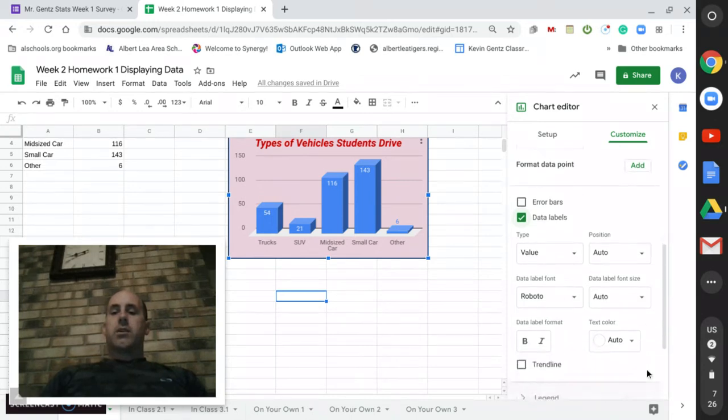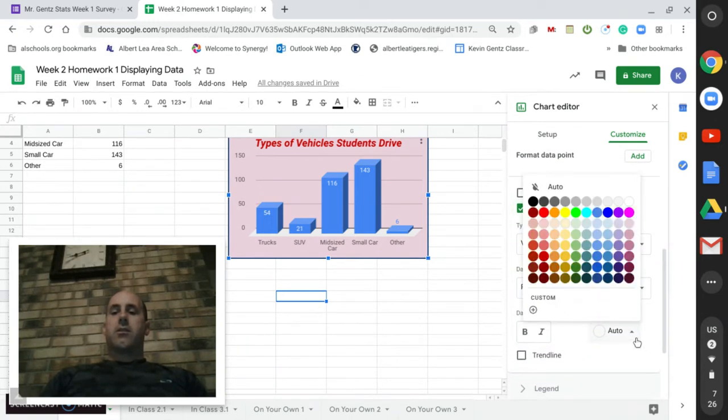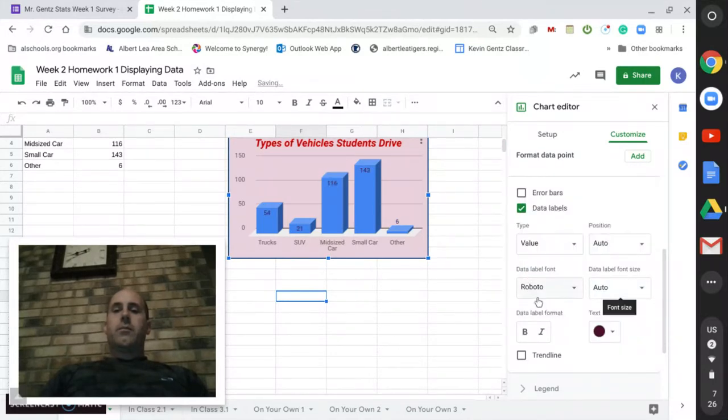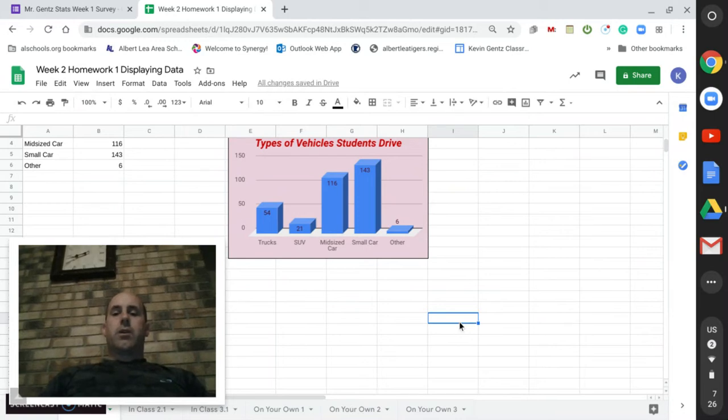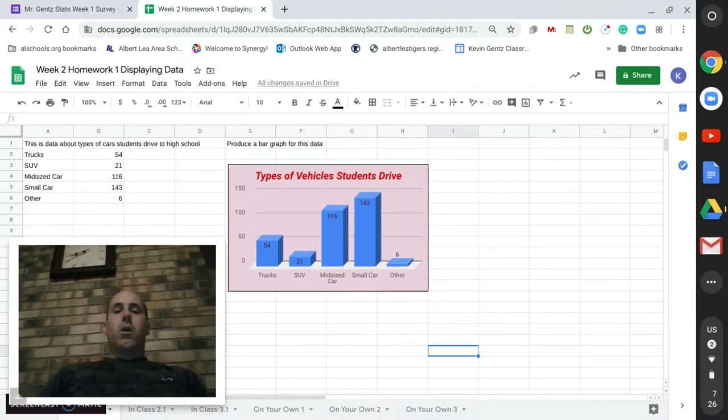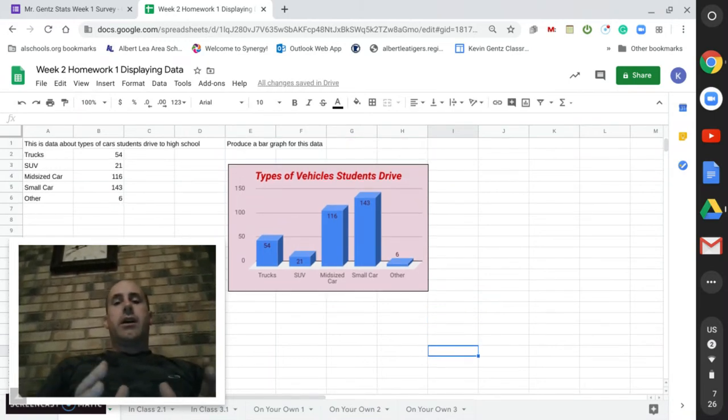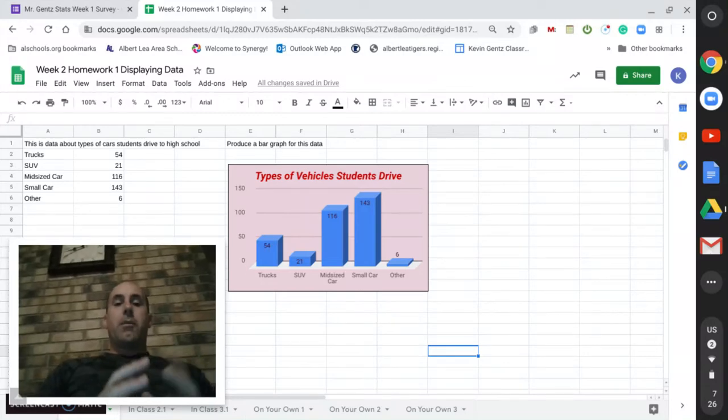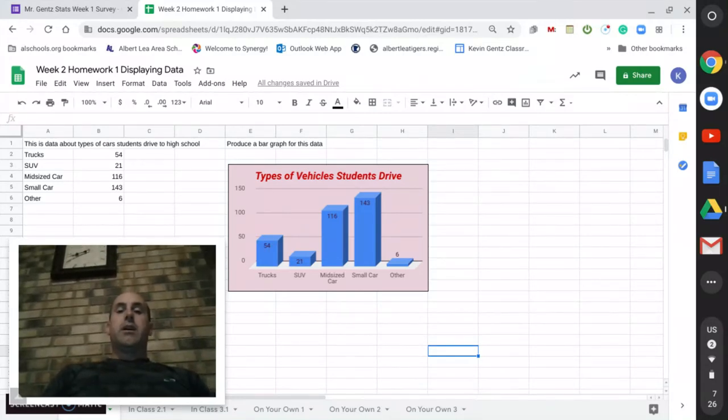Again, if you don't like the color, go down and find that you have a text color option. I'm going to change that to a dark purple, and you can see that shows off very well. So we made one graph together and already formatted it in a way such that it's very appealing